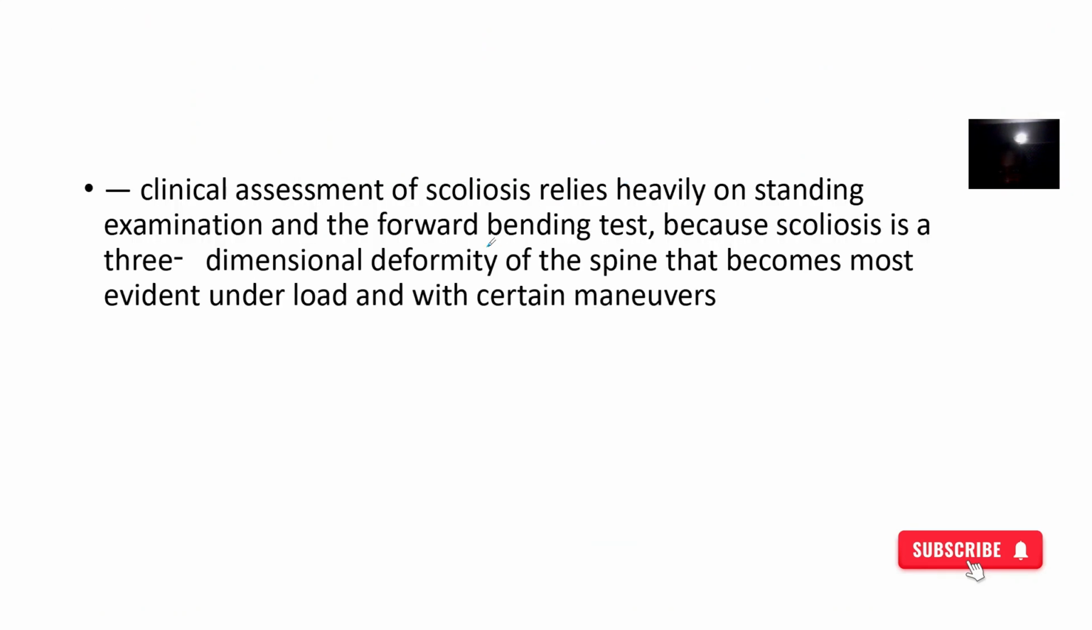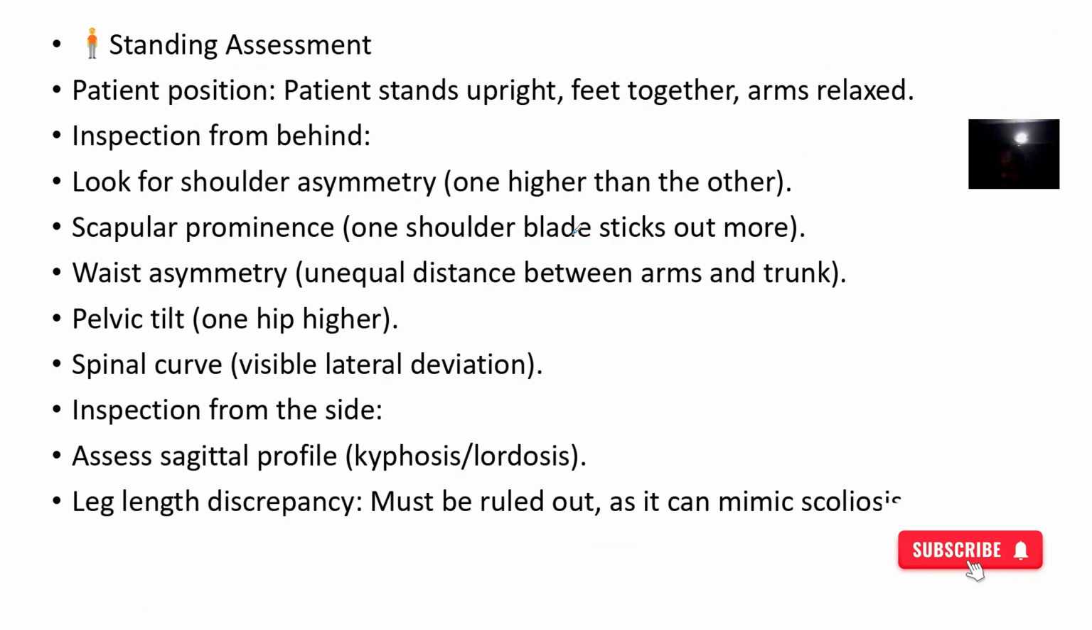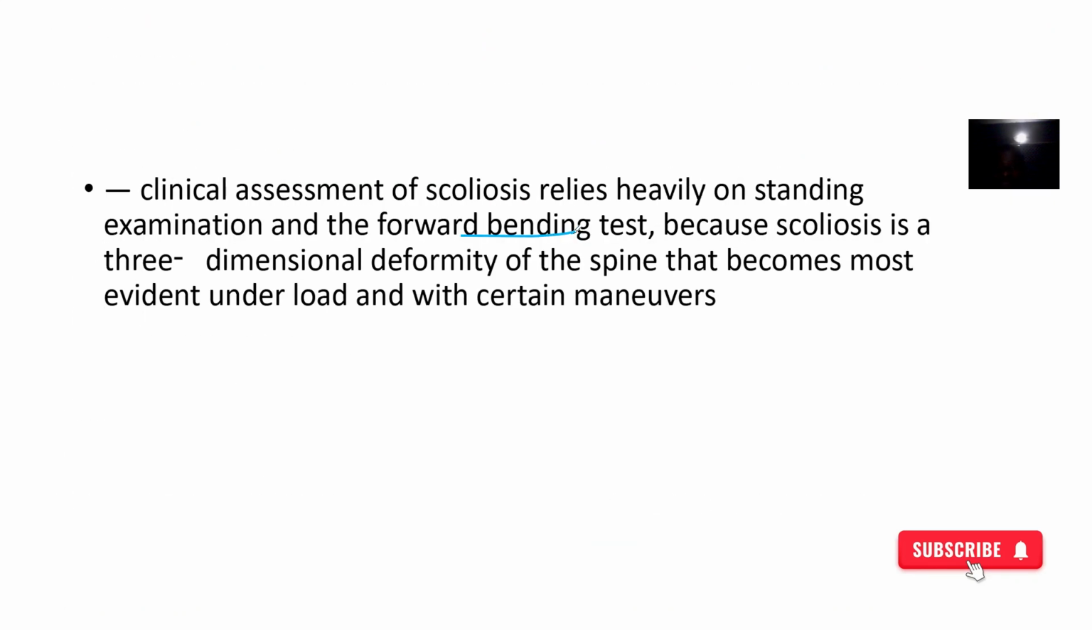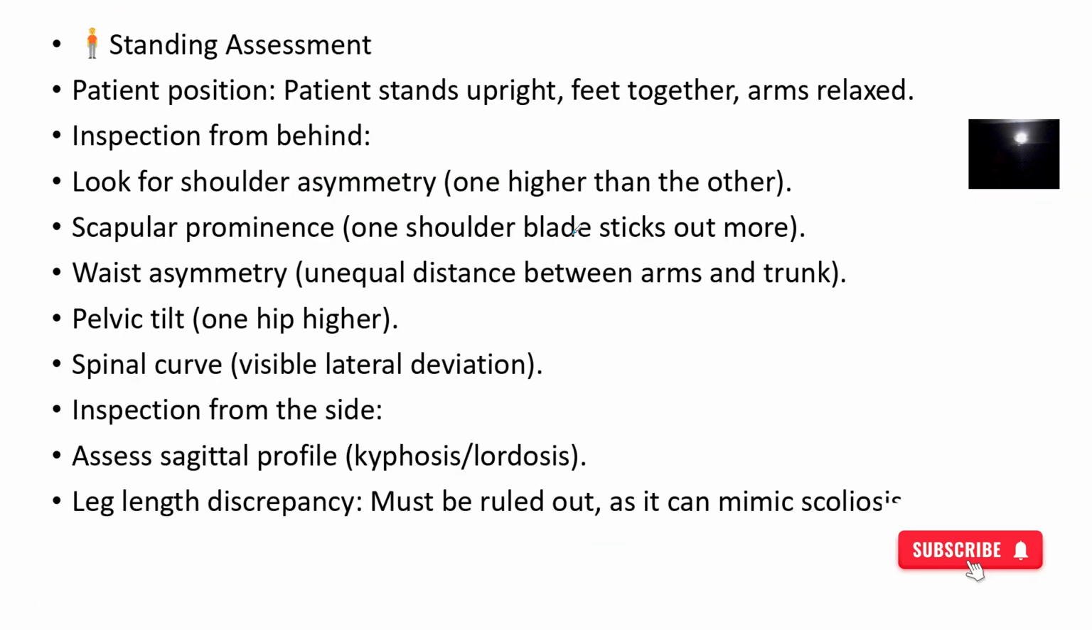So you use the standing assessment and also the forward bending test, because scoliosis is a three-dimensional deformity of the spine that becomes more evident when you do these two maneuvers. So standing assessment is simply the patient will stand upright, and you can clearly see that you look